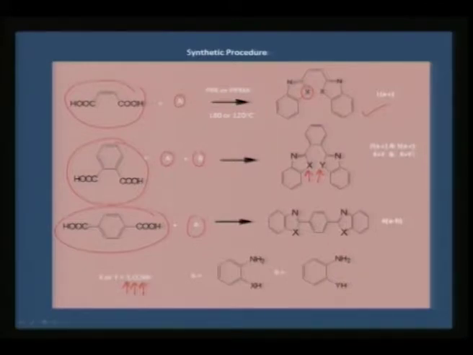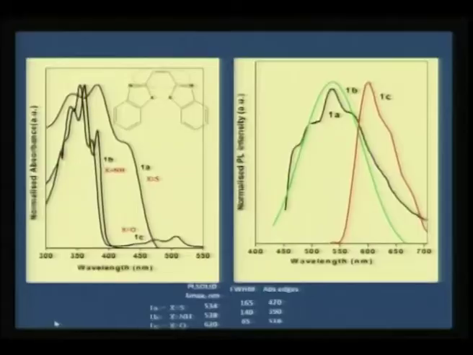Therefore you can get mixed ligand complexes with benzene as phenyl moiety as your linker, or we can go for other combinations. Therefore we are going to generate say 4 sets of molecules, and we will try to see generally what is the nature of the PL emission to understand how these chromophoric groups are going to alter the emission. For example, let us take the case of the absorption.